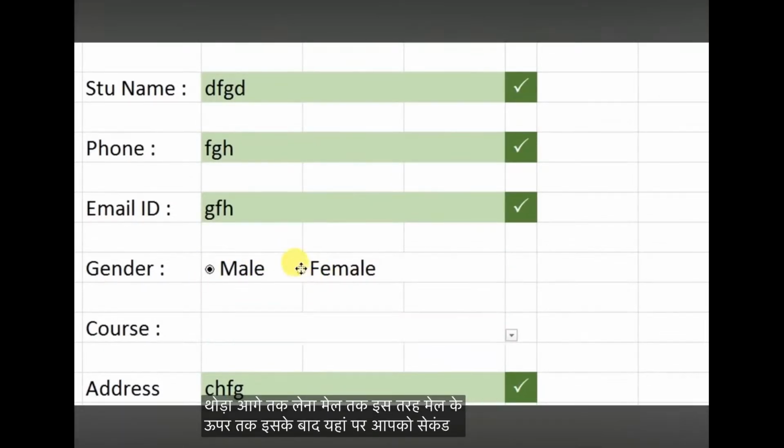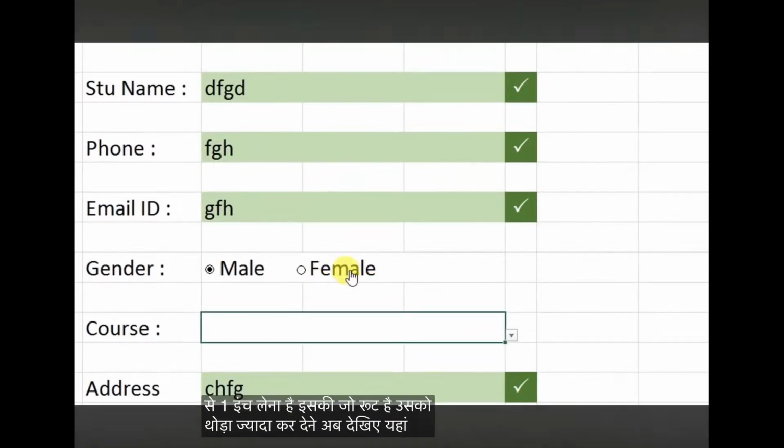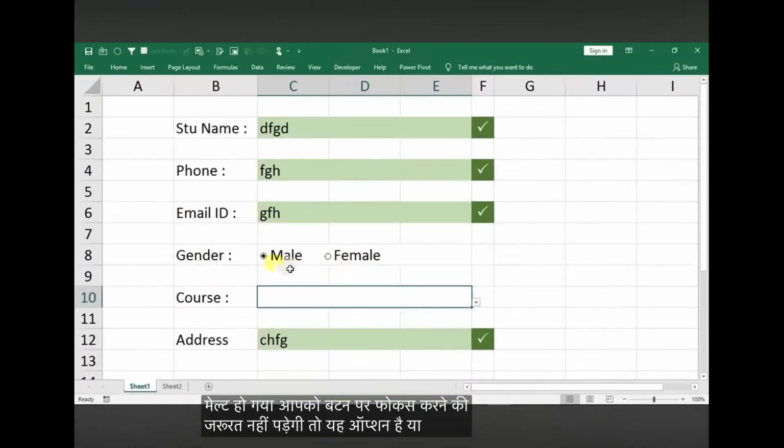इसके बाद यहाँ पे आपको सेकंड बटन पे क्लिक करना है और इसको भी आपने इस तरह से खींच लेना है, इसकी जो विड्थ है उसको थोड़ा ज्यादा कर देना है। अब देखिए यहाँ पे आप कर्सर लेके आओगे ना फीमेल के ऊपर भी, तो फीमेल सिलेक्ट हो गया, मेल के ऊपर कर्सर लाओगे तो मेल सिलेक्ट हो गया, आपको बटन पे फोकस करने की जरूरत नहीं पड़ेगी। तो ये ऑप्शन बन गया।